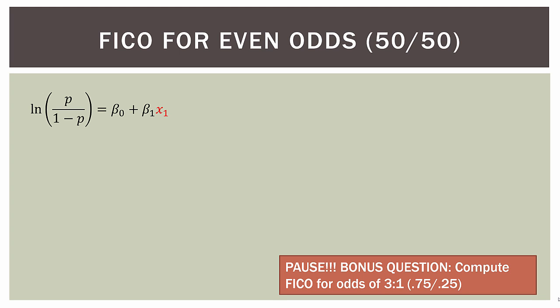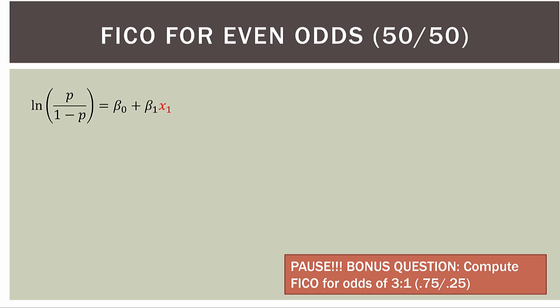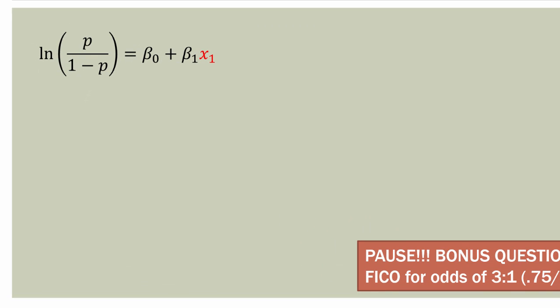Now, I'm going to start back at the beginning. You could probably start anywhere in this algebraic process, but I like starting at the beginning so you can see how everything is put together. So here we have our original equation from video 2 in the series, I think it was. So we have the natural log of the odds. Of course, that's called the logit, over here on the left-hand side of the equal sign, equals the linear combination